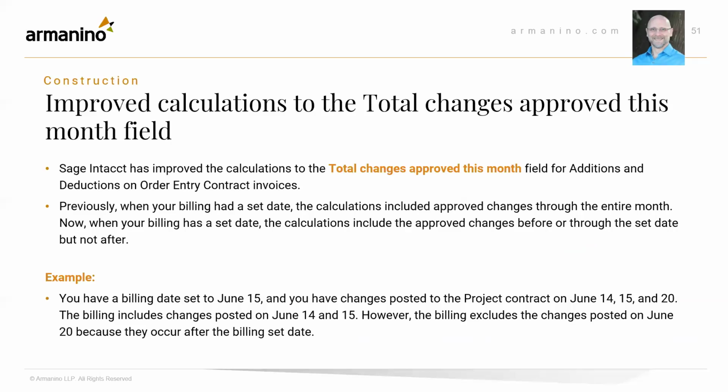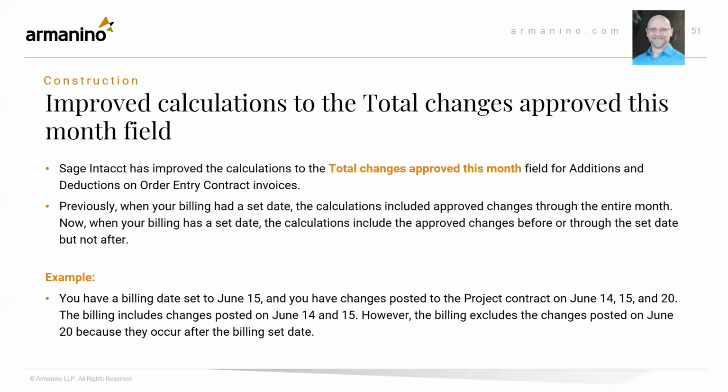They did now improve calculations in the total changes approved this month field for additions and deductions on order entry contract invoices. So previously, when your billing had a set date, the calculations included approved changes through the entire month. Now, when your billing is a set date, the calculations include the approved changes before or through that set date,